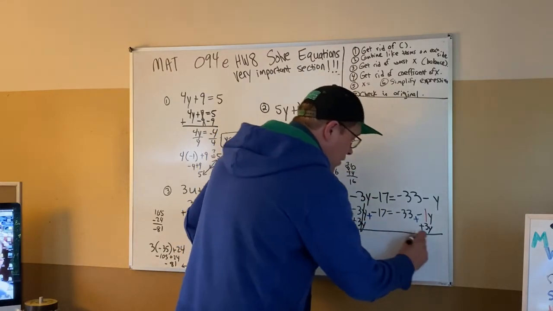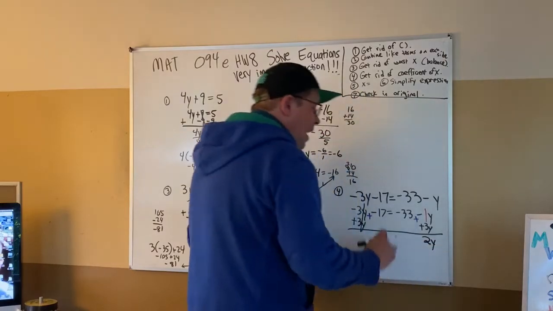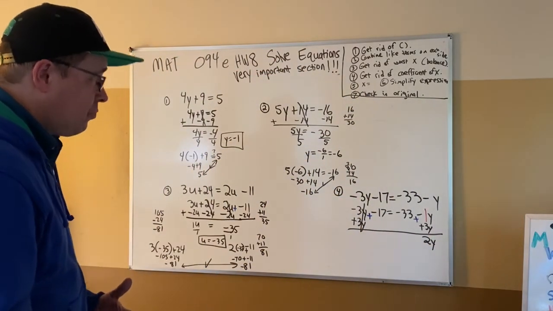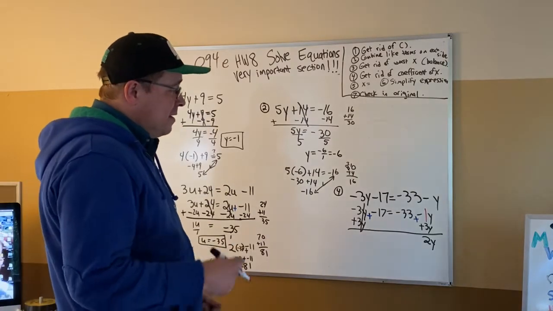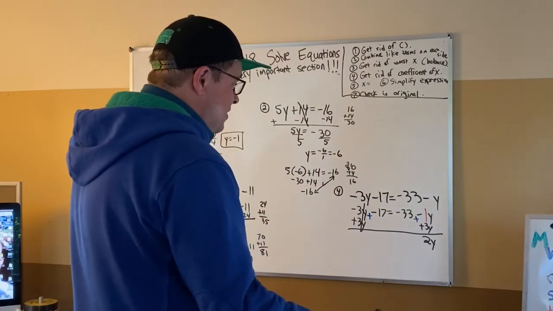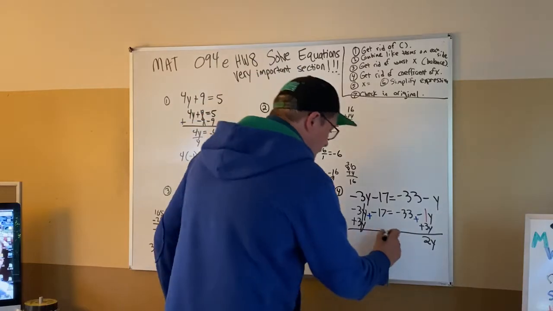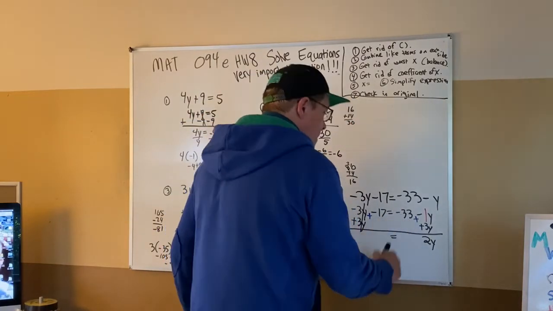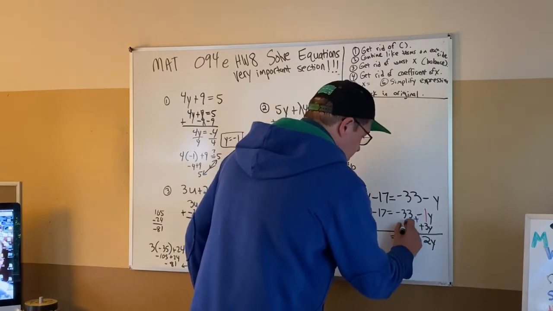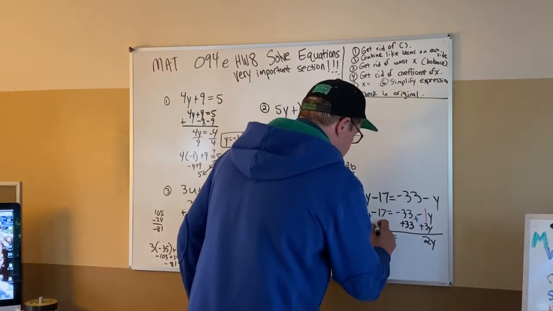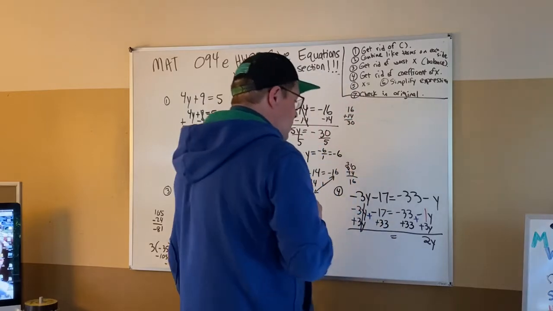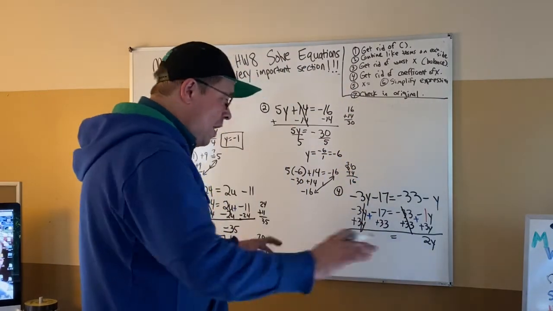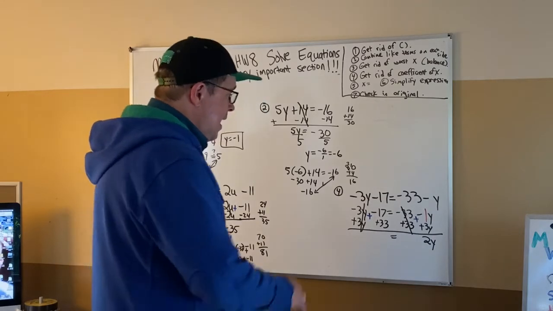This is gone. 2y shows up on the right side. The key to this concept is, in this case, my y's are only on the right side, and only my y's can be on the right side. This cannot stay. Therefore, the opposite of negative 33 is to go with positive 33. And that causes a scratch out of this. Now on the right side, I still have the 2y that showed up over there only. And now I have 33